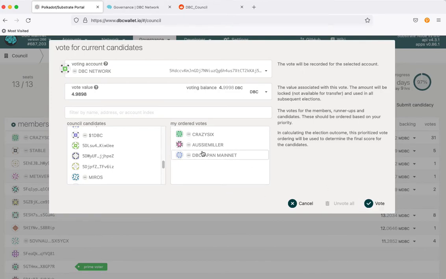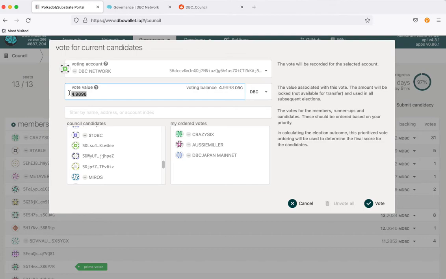Now, I will set the amount of DBC I want to contribute to my vote. It's weighted, and members are actually not picked by the number of people that vote for them, but by the backing in DBC. So the more DBC I have to bond to my vote, the better chance that my candidates will be selected. Unlike staking or voting for referendum, which can lock your coins for 14 days or 30 days or however much, depending on what you're doing,